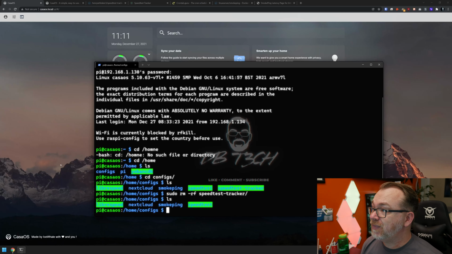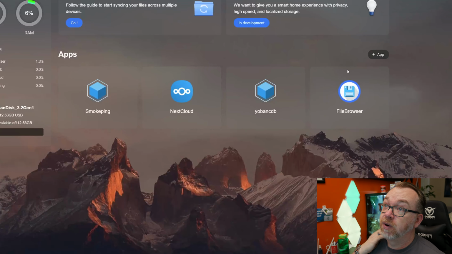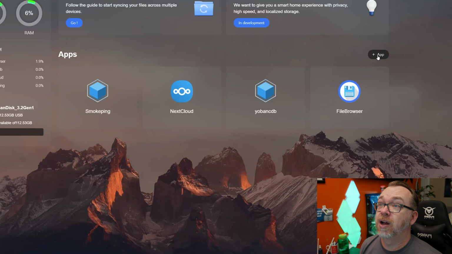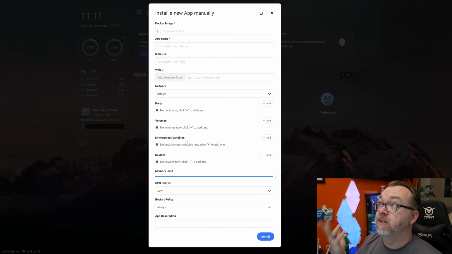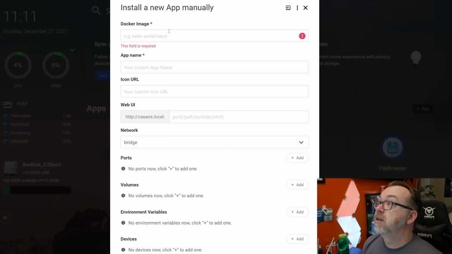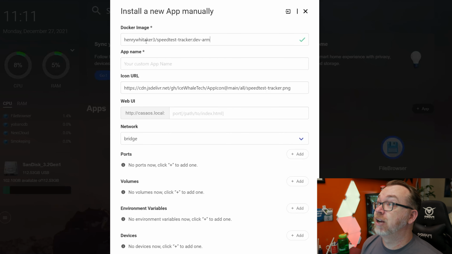So next thing we want to do is we're going to come up to here. We're going to click on Add App or Plus App right there. Then we're going to do a custom install, and then we're just going to fill in the blanks here. So our first thing here is going to be our Docker image. This is the Henry Whitaker